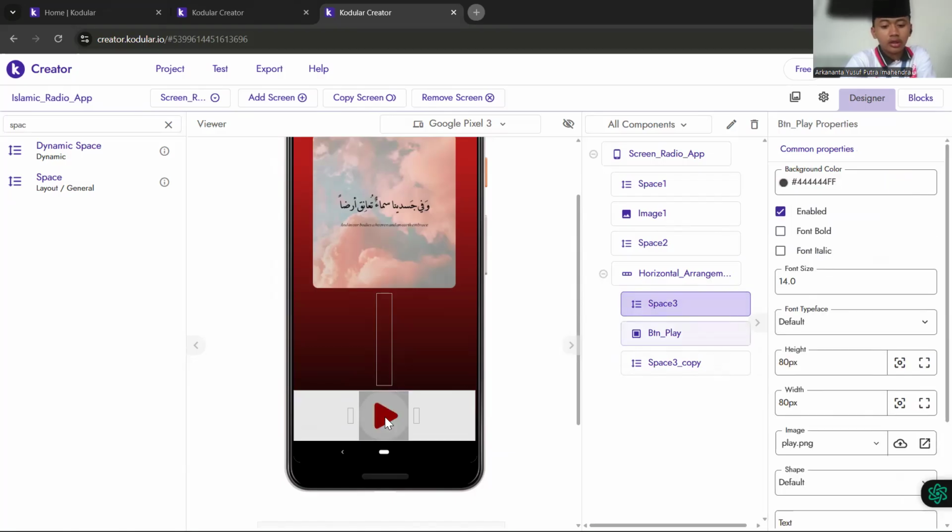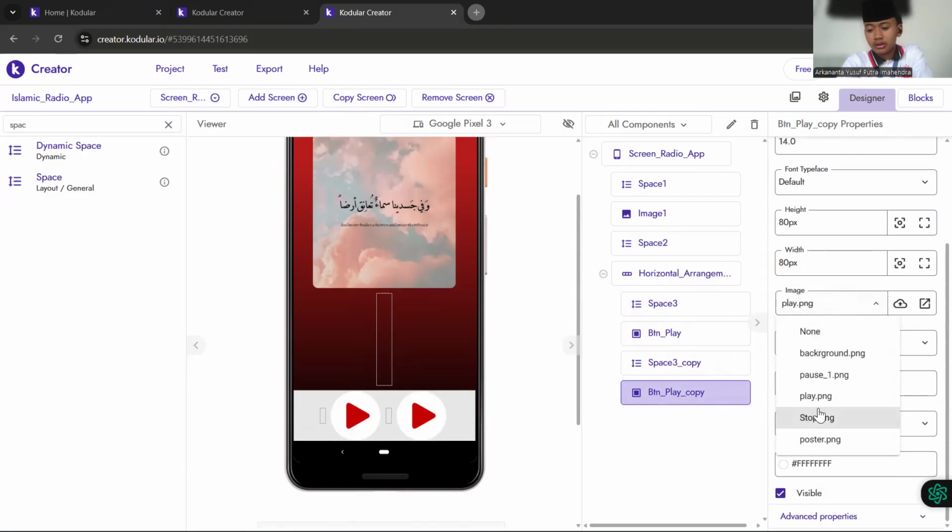Okay, so we can add again a button. The button we can change the image to stop button.